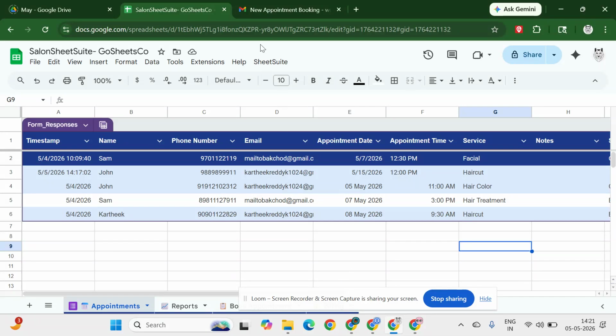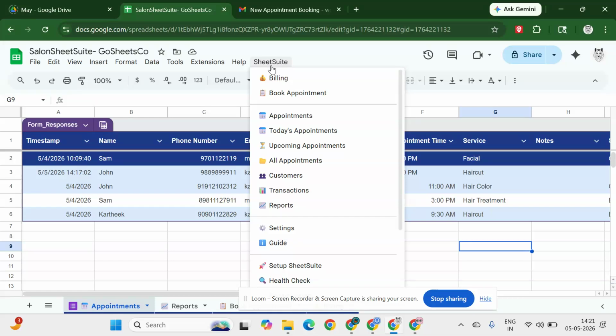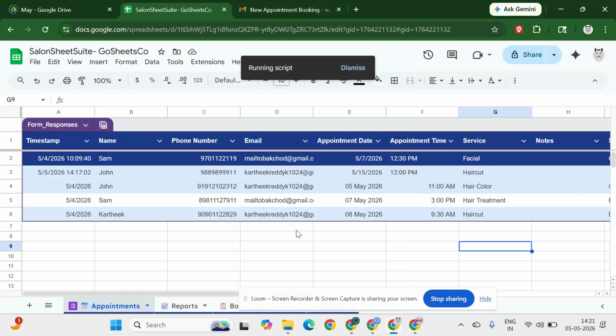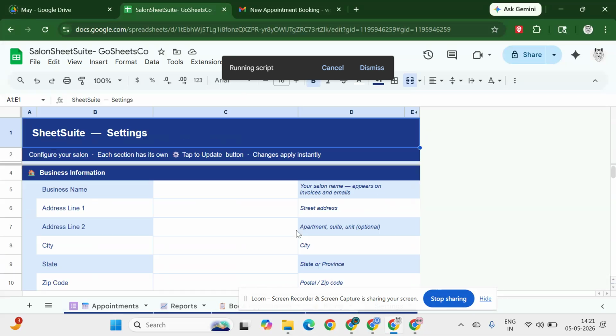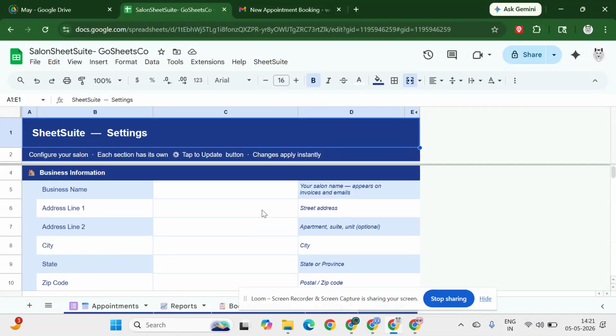Today I'm going to show you how to use SheetSuite for your salon. As soon as you set up SheetSuite, first you have to go to settings. You have to fill all the necessary information related to your business